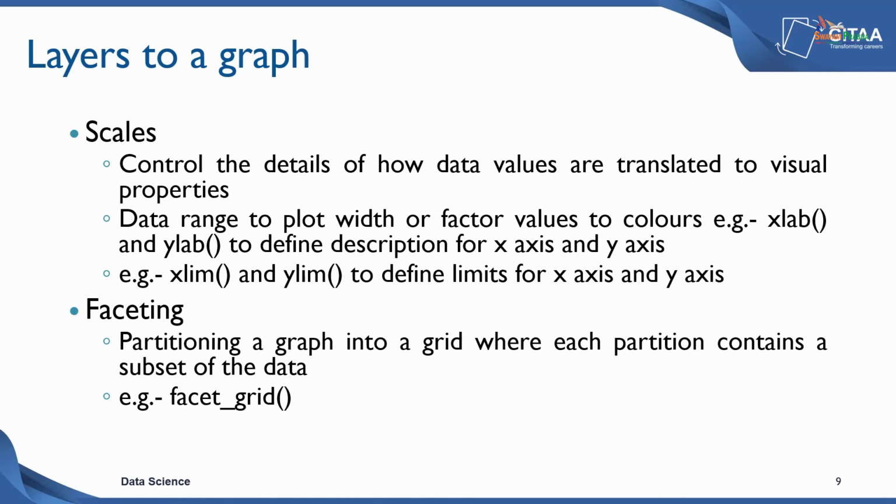The other is to add a label to the x-axis and y-axis using xlab and ylab. That will define a description for your x and y-axis. That's more of aesthetic mapping again, because you're giving a description to the x and the y-axis. Whereas when you use xlim and ylim, you're trying to restrict the range of these axes. The third layer is called faceting. What it means is when you have multiple variables, you want to partition your graph in such a way that it looks like a grid or a table, where each partition also corresponds to a subset of data. You can do that by using the function facet underscore grid. In the coming lectures, we will learn how to do faceting.